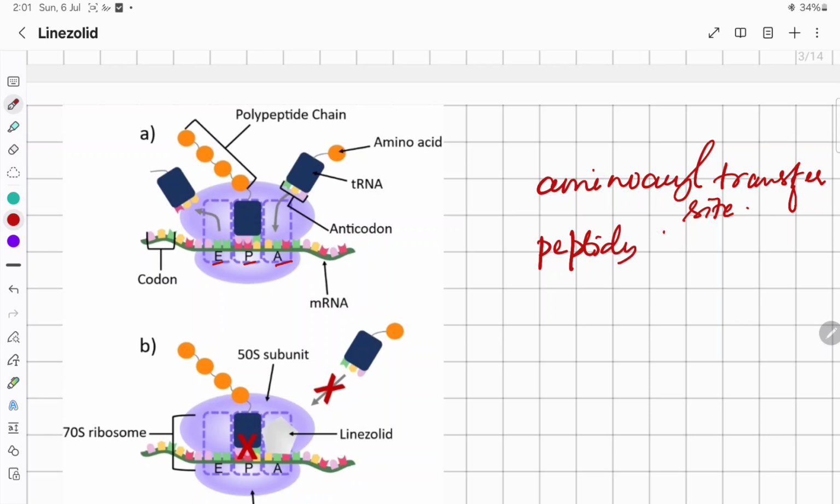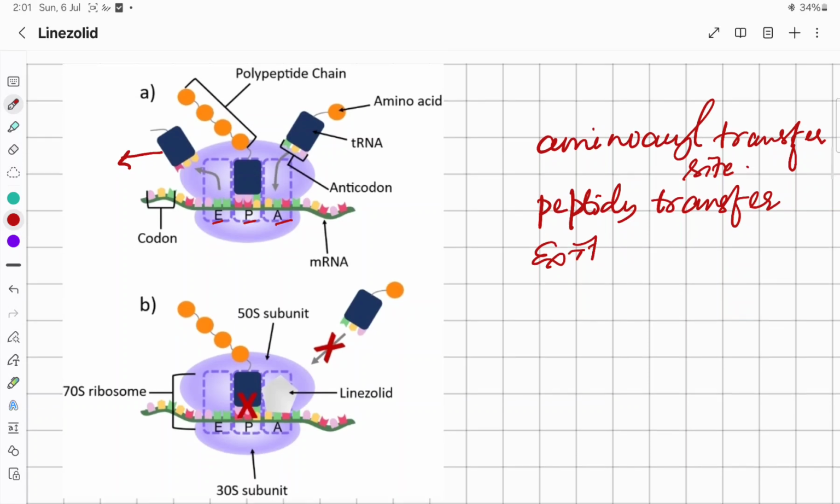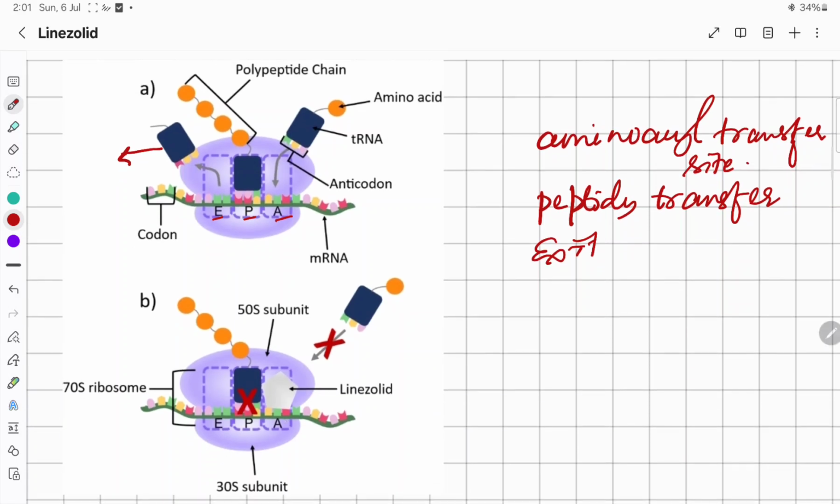There the peptidyl transfer occurs, the chain of amino acids is formed, and then E is the exit site where the transfer RNA exits for a fresh cycle of this process. And linezolid binds to this A site